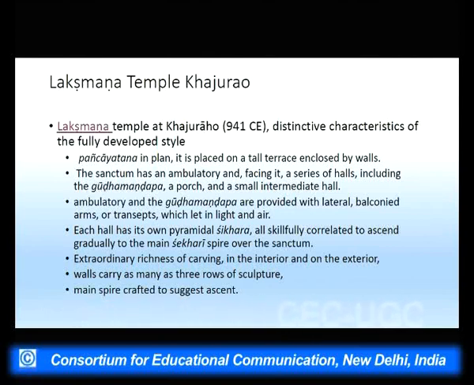Karna means corner, Prasada means temple, so they have Karna Prasadas. On the elevation, you will see a Jagati, a Pitha, a Vedibandha, Jangha, that is the main wall, and on the main walls you have various projections and balconies, and then a Shikhara. If we were to look at the Lakshmana temple,